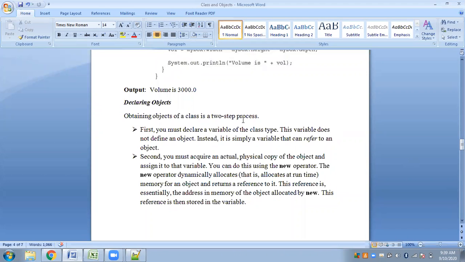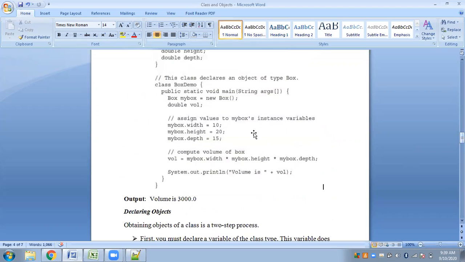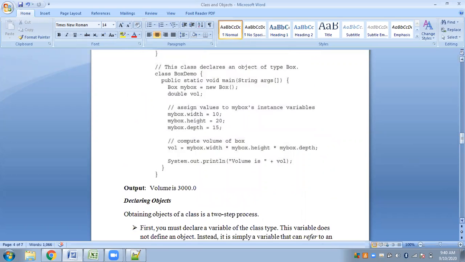Although you have seen this statement here, Box myBox equal to new Box, new is the operator that will create this myBox object of class Box. But there are actually two steps.